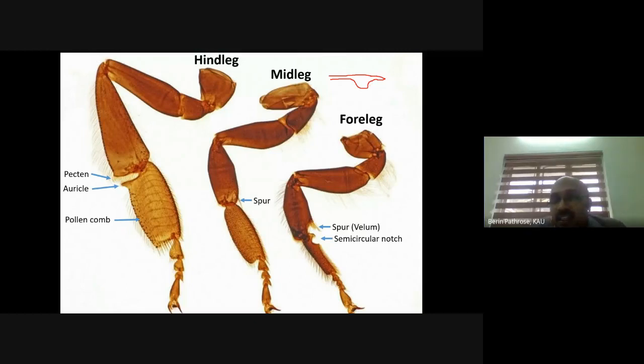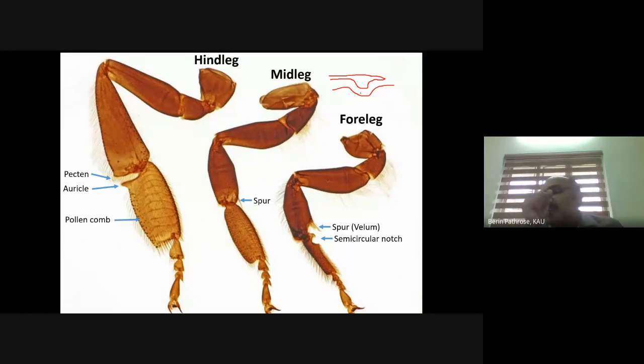And you can see the basic tarsal segment is having a semicircular notch. This is the semicircular notch. So the insect can press this spur into this semicircular notch. What the honeybees do with this is,